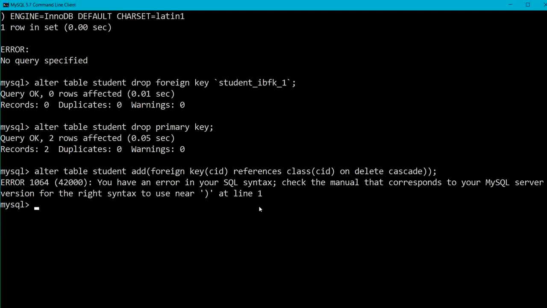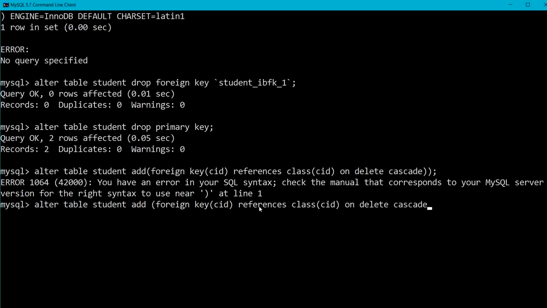Okay, so let me check. Alter table student add foreign key CID references class CID on delete cascade.